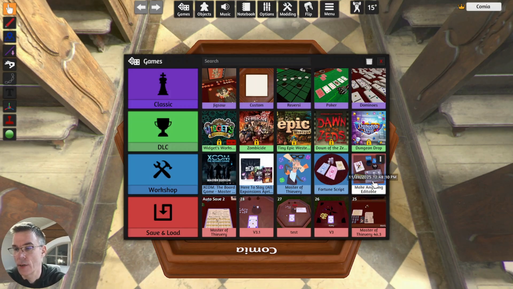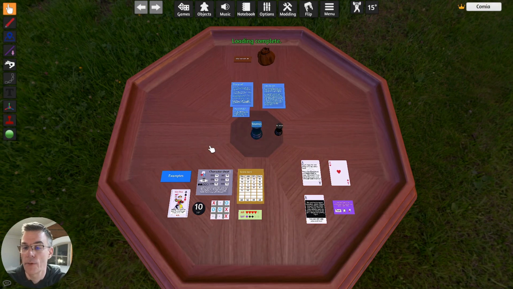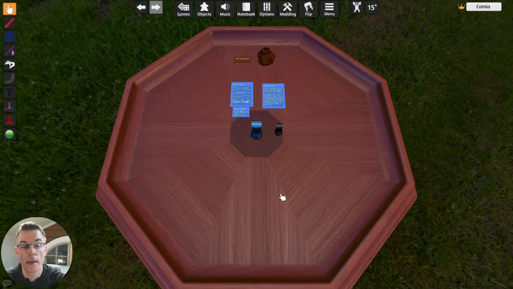You can see this here after you subscribe to it from the workshop. Let's load this. Here it is. There are a lot of examples of what you can do. I just delete this this time, and then you could create your own components, cards, whatever you need to make editable.